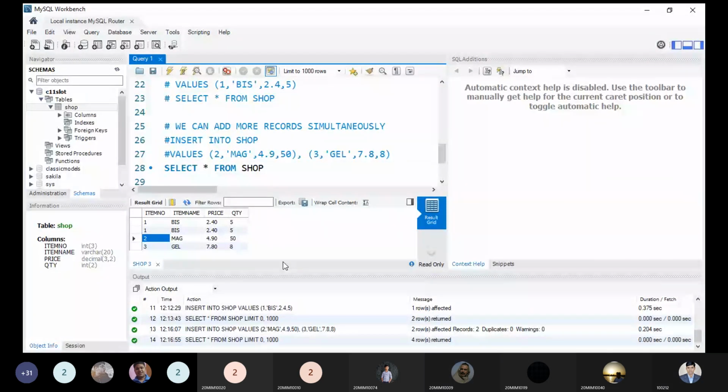Yes, tell me. Any doubt you have? Why is there a duplicate of item number 1? Because we are not using any constraint, so we can have multiples. I am not applying any constraint on the item number. If I applied one, then it would not be allowed, so duplicacy will be there. That is the reason. There can be duplicacy for 2 and 3 also. Can be, but we have not inserted them multiple times. So yes, we can have, of course.